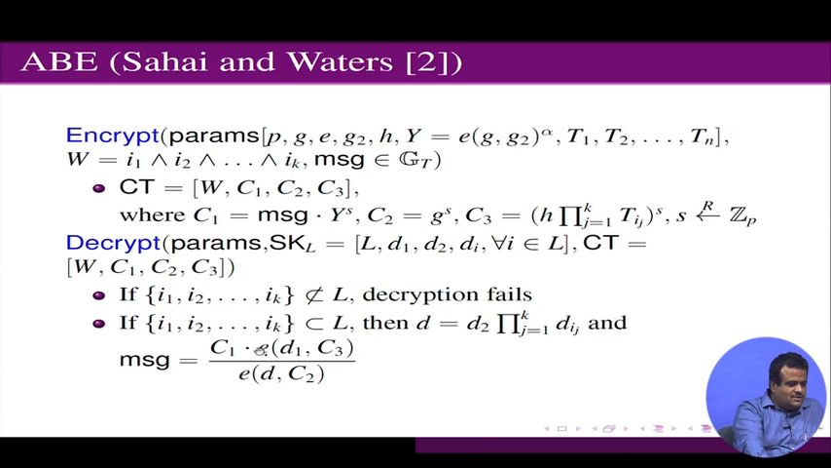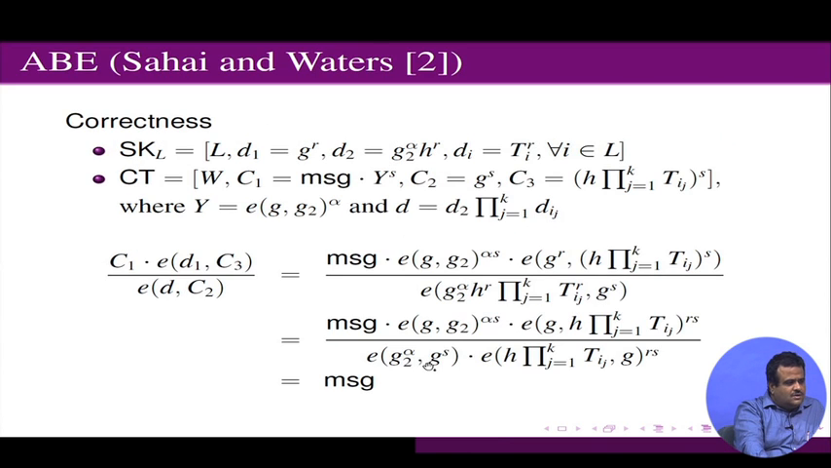So, decryption is simply C2 times e(D1, C3) divided by e(D, C3, C2). So, this is the correctness of it. We have this secret key and we have the ciphertext, and then we generate this. If we calculate this, it will give us e(g, g2) to the power alpha s because of the property of bilinearity, and e(g to the power r, h of this) will give us, again because of the bilinearity property, and then these two will cancel out. So, it will give us the